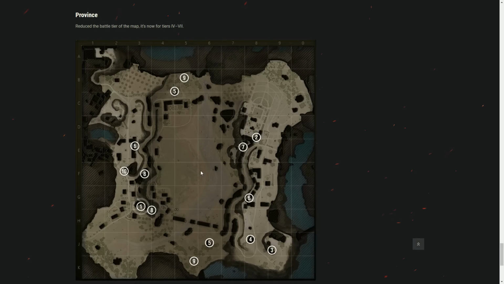And finally, let's take a look at Provence. And as you can see, Provence map has a lot of points of interest. But I would say the main new feature with this map is that it's available only for tier 4 to tier 7 vehicles. No tier 8s, tier 9s and tier 10s. You are not able to see this with your Jagdpanzer 100, with your 183, with your